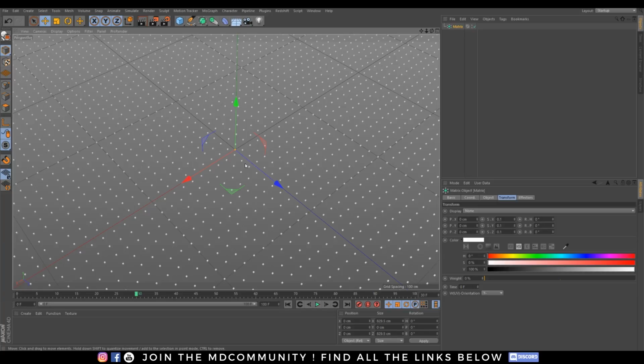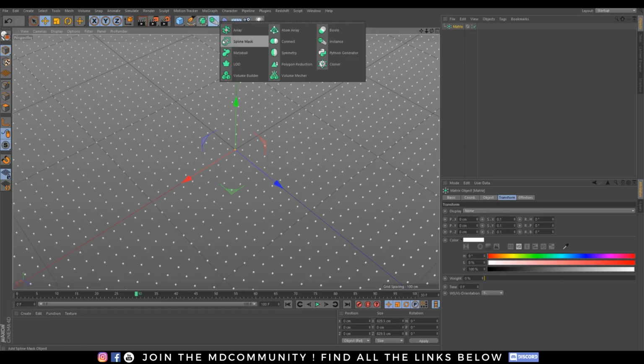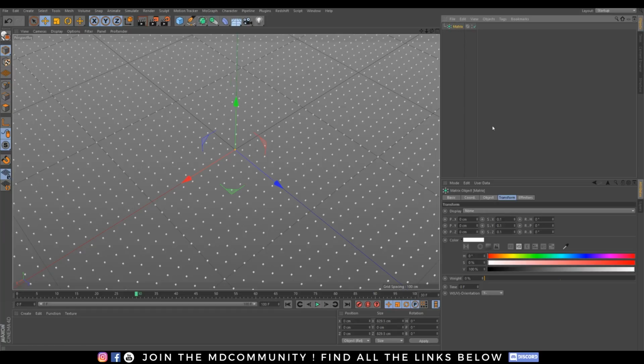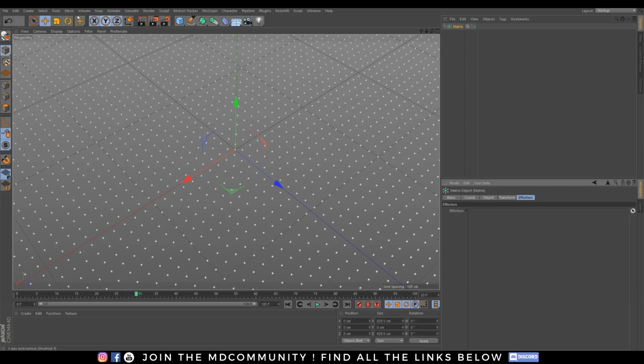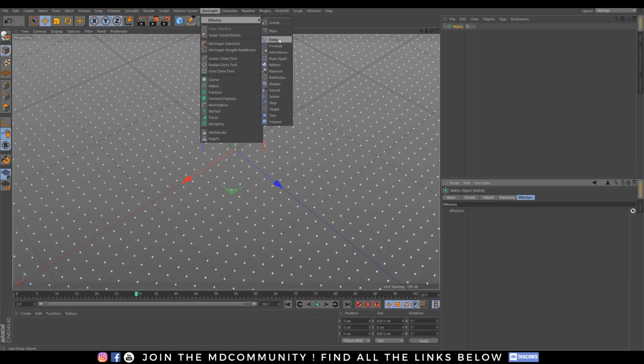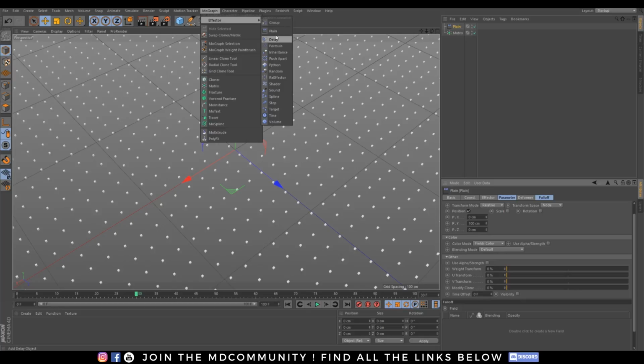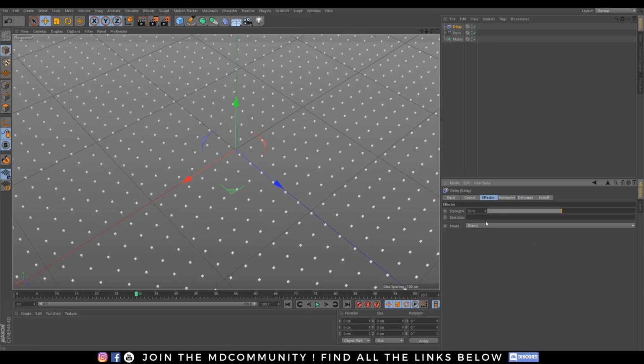We will just need to mesh it, and one good thing using the matrix is that it's so much faster than cloner effect. It's one good point, and I will be able to mesh it with the new volume builder and volume mesher. So let's do the same thing. Let's take plane effector. So let's go in MoGraph effector, plane effector, and MoGraph effector delay. Let's set the delay in spring and let's add